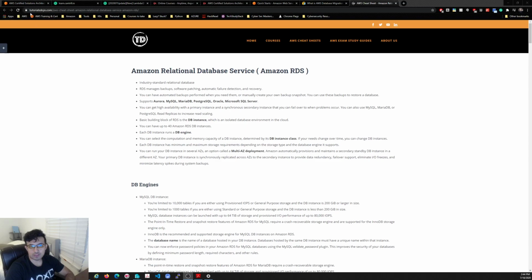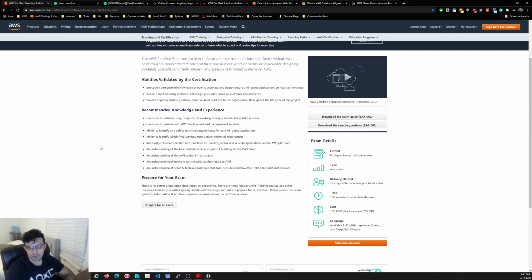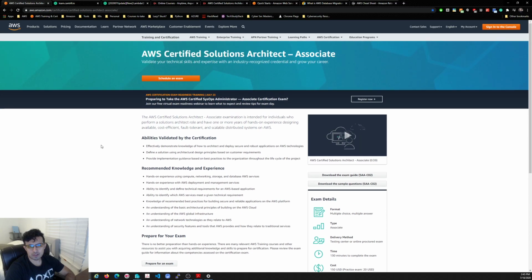Here, one of the first things you do, right? You go to the site. You pick the certificate that you actually are interested in. In this case, it would be the Solutions Architect. I think it's a very important certificate, especially if you are trying to become a cloud support engineer or do anything with the cloud, or if your company is pushing or edging you on to go to the cloud or have any kind of service in the cloud. Very likely your company already does in some capacity, or you or your coworkers have already tried to play with it. Initially, this is the first certificate that you should go for, just because it has a very